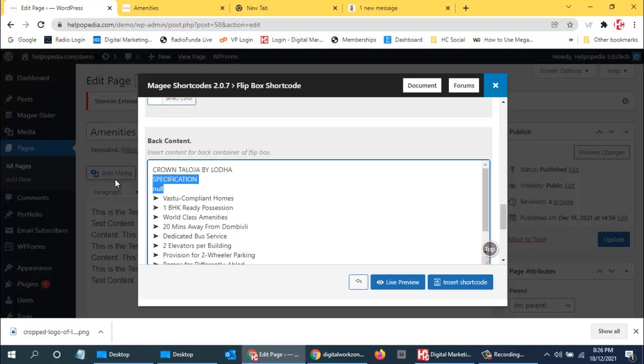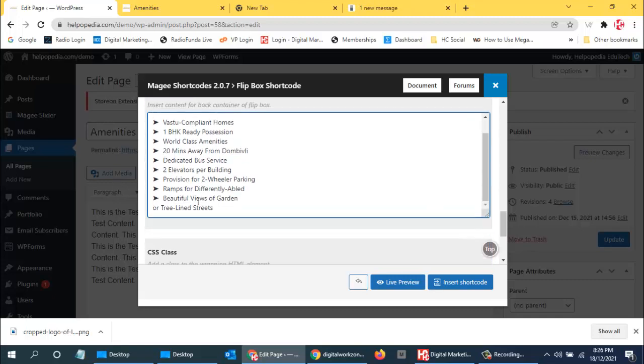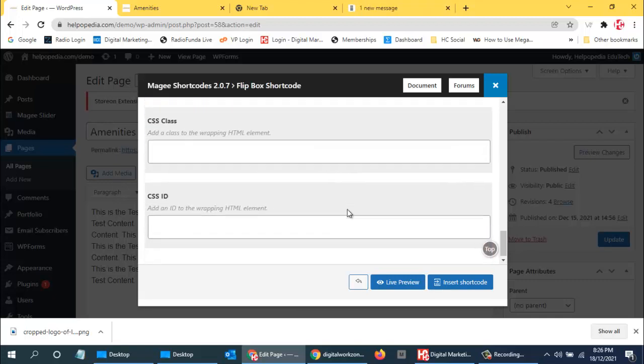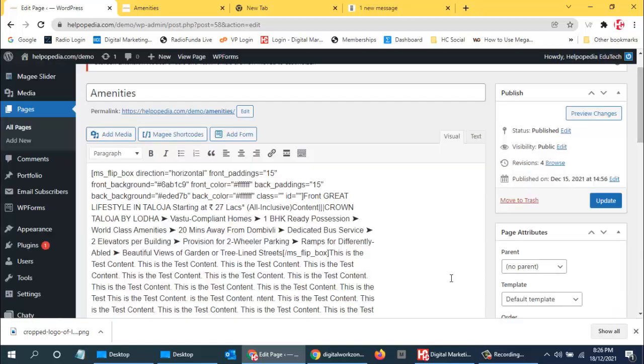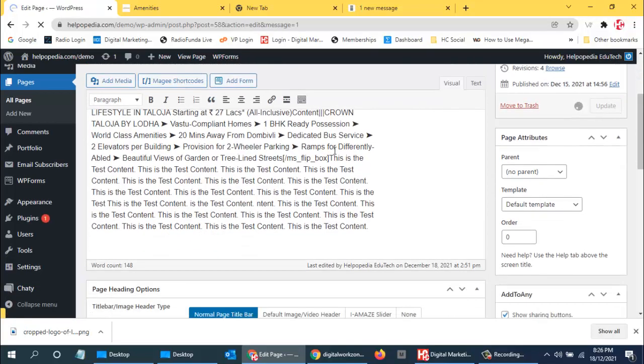And then I'll say insert shortcode. So now the code will come up automatically over here, and now I will just click on update, and I'll remove this test content which I can see over here.